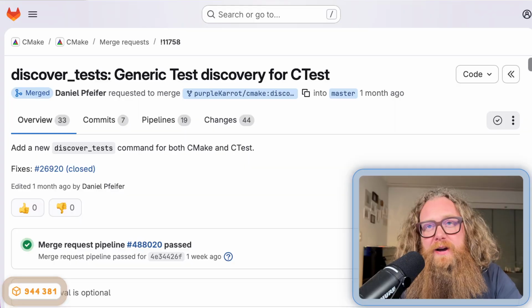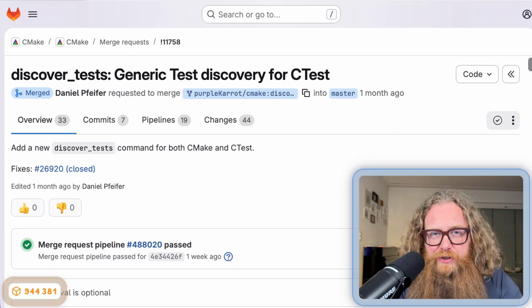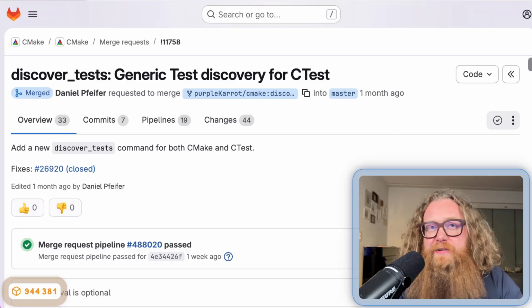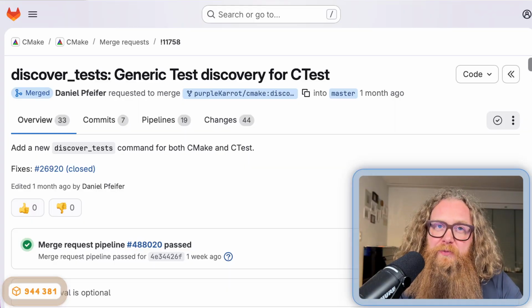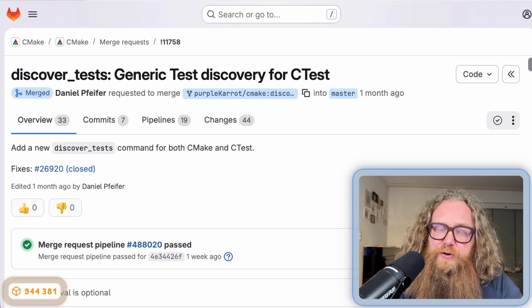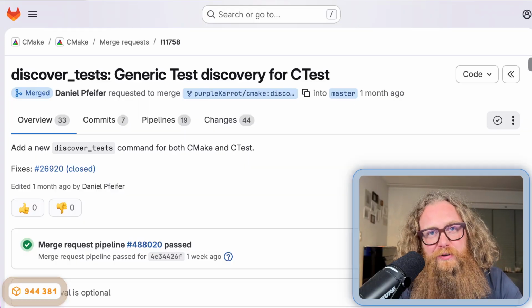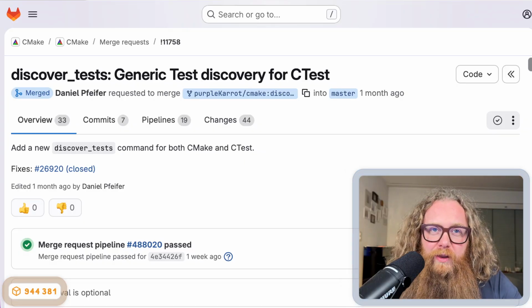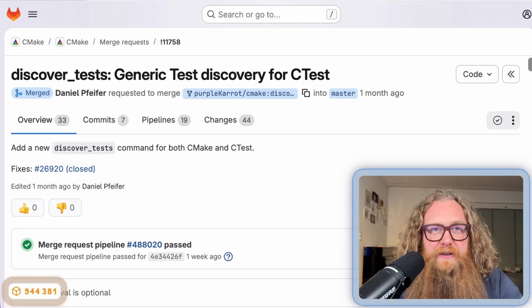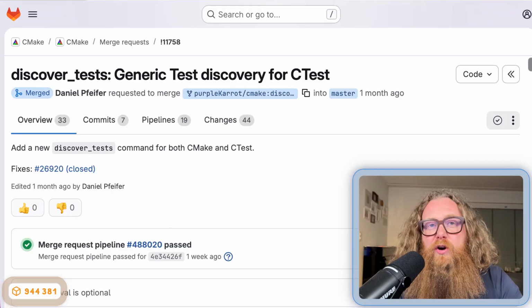In the last month, I have been fine-tuning the generic test discovery feature for CMake. It is now in a shape that I really like, and it has been merged, which means the upcoming release, CMake version 4.4, will provide a new built-in command called discover_tests. How to use that command and what the actual problem is that this command solves, I will now present in